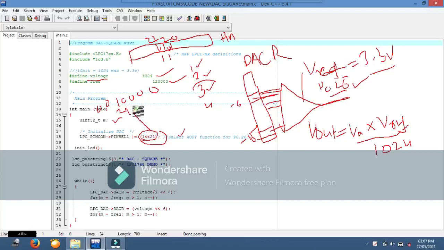We are ORing this with the pin select register. Here we have several other values for other bits, and we are not disturbing them. We just OR these bits with these bits.